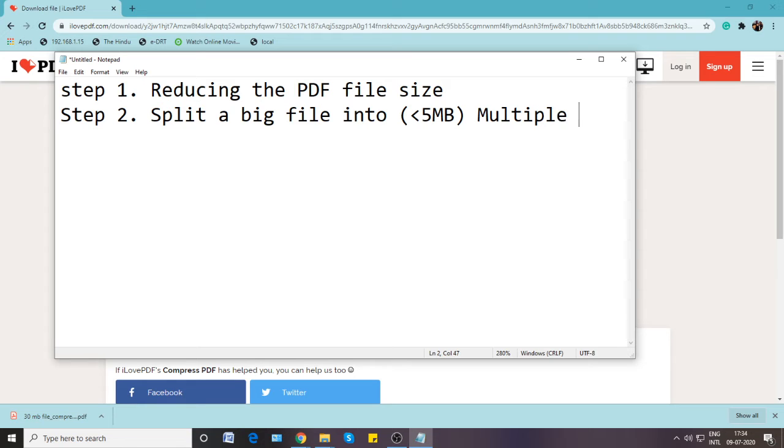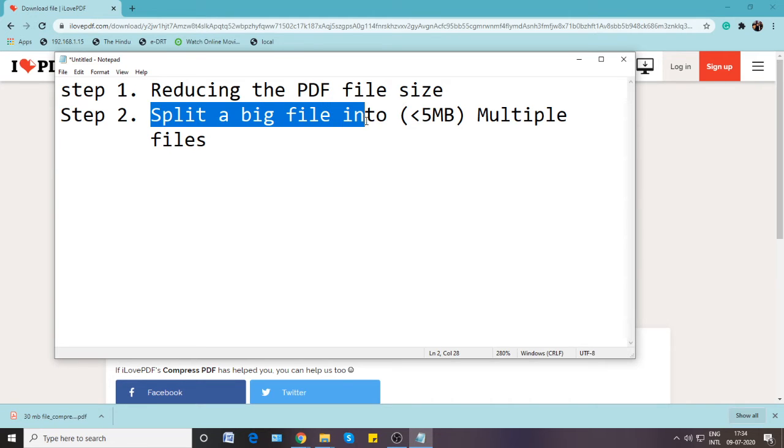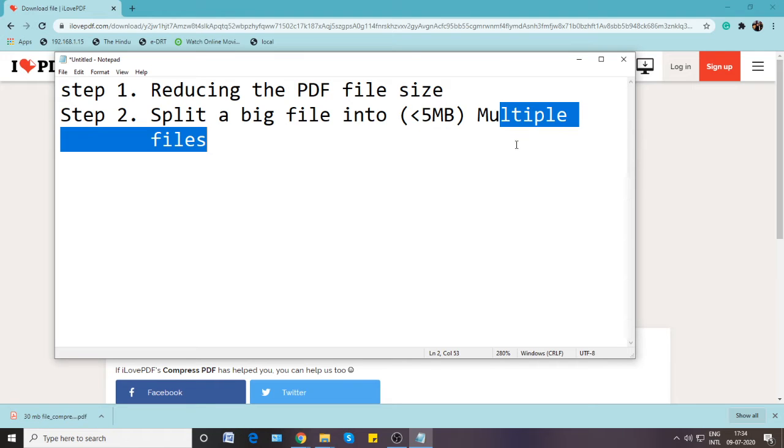So in this we will split a big file into multiple files of less than 5 MB so that it can be uploaded into the e-filing of EDRT.